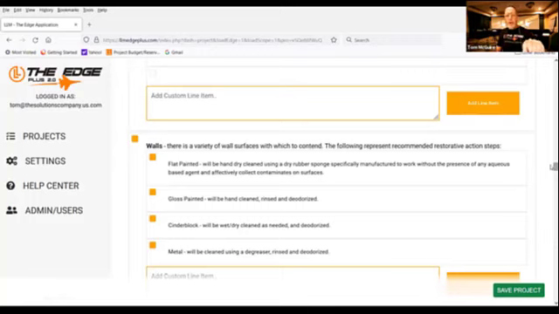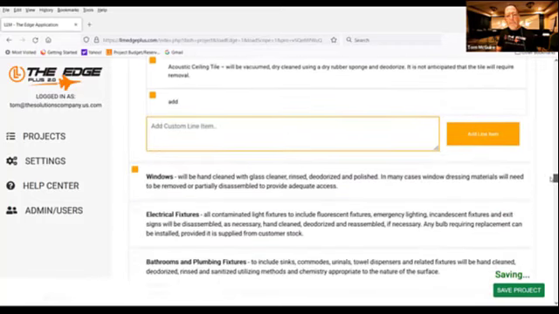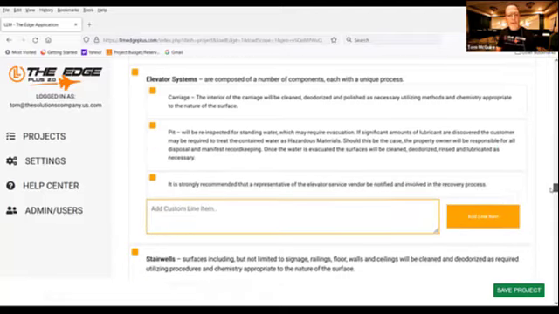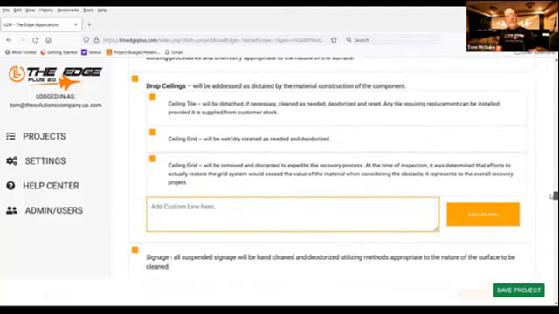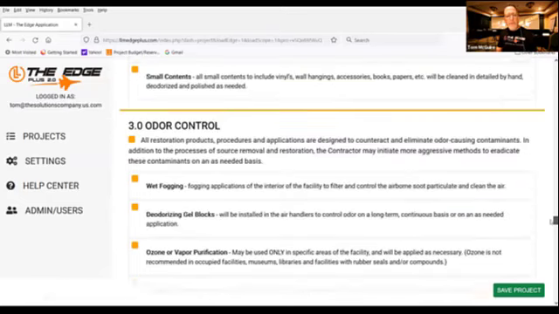The one thing that we're not doing is we're not applying a number, a value to each line item. What we're doing is we're applying a budget number for all of the line items. And so it's very effective, and we have everything in here from windows, elevators, stairwells, drop ceilings, contents, hard surfaces,